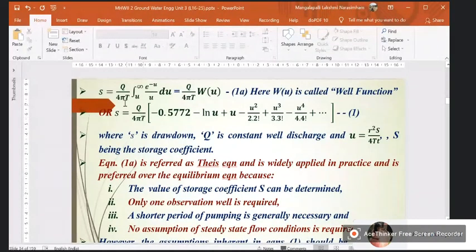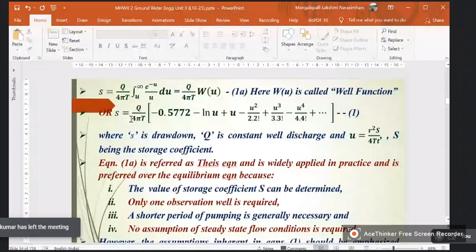One is a table for the well function, given for different values of u, or you can use the expression given in the brackets in equation 1. This total equation 1 is referred to as the Theis equation